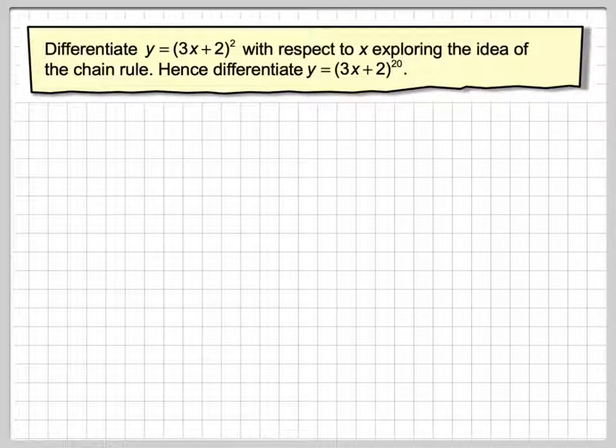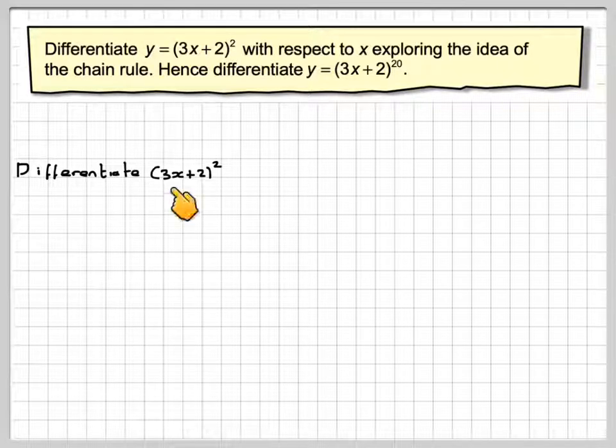Hi, in this video we're going to introduce the idea of the chain rule, but first of all we're going to differentiate y equals (3x + 2) squared with respect to x, exploring the idea of the chain rule, and hence we're going to differentiate something more complicated, y equals (3x + 2) to the power of 20. So if we differentiate (3x + 2) squared, well, one way would be to say that